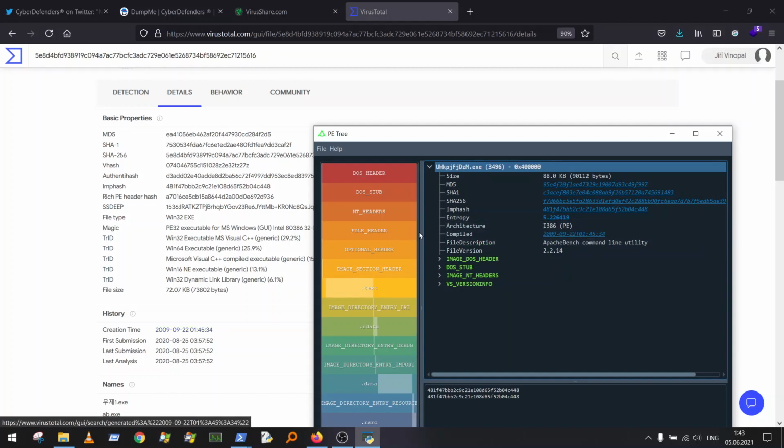So the compile time is the same, the import hash is the same, and what could be more interesting,